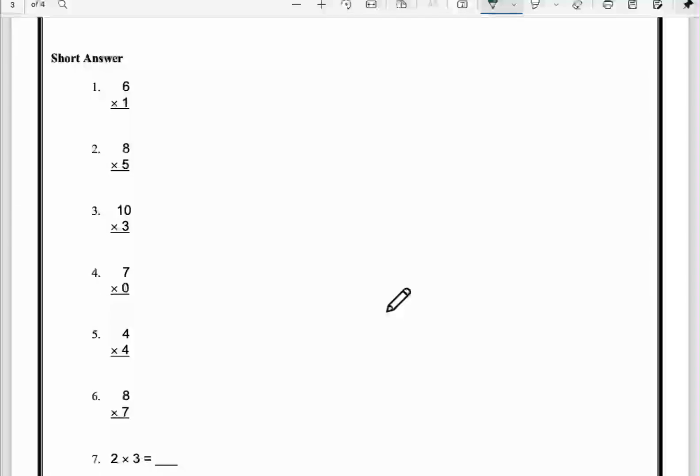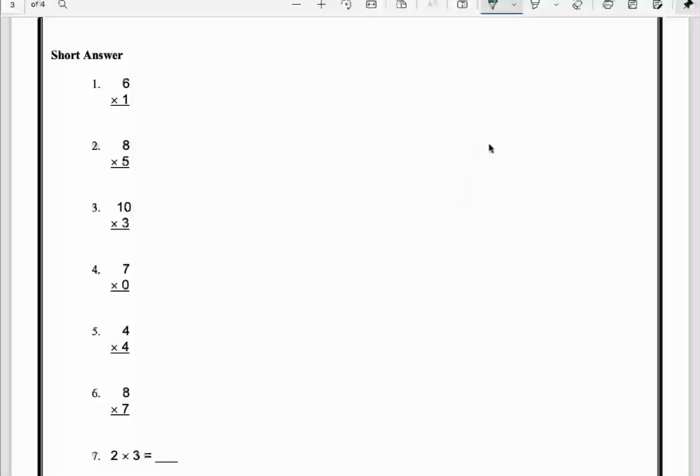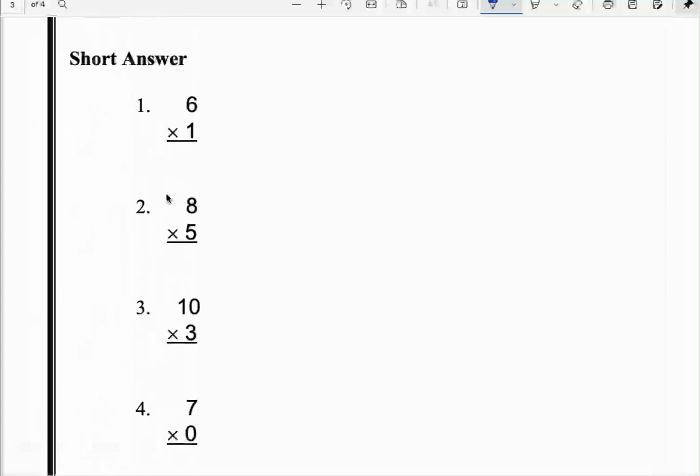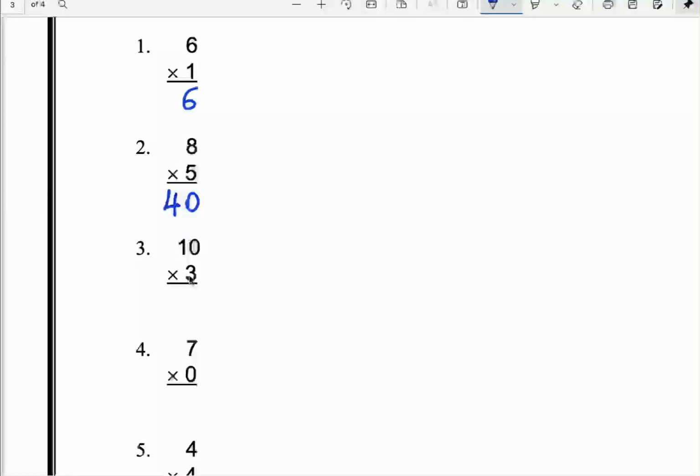For these questions, we need just to give the answer. I will make it a little bit larger. And if you know the timetable, you can answer any multiplication and division sentence quickly. So let's go ahead. 6 multiplied by 1. When you multiply any number by 1, you get the same number. So the answer is 6. In the second question, 8 multiplied by 5 equals 40. In the next question, 10 multiplied by 3. When you multiply any number by 10,